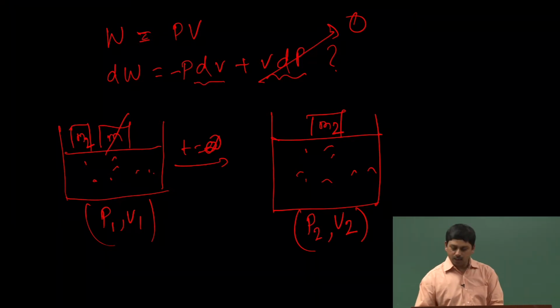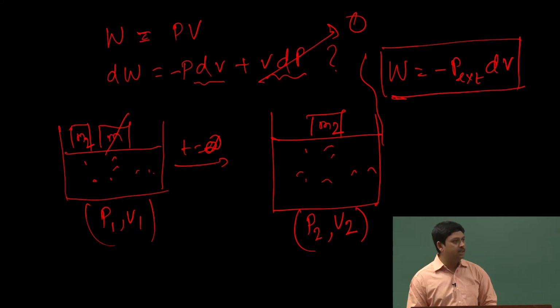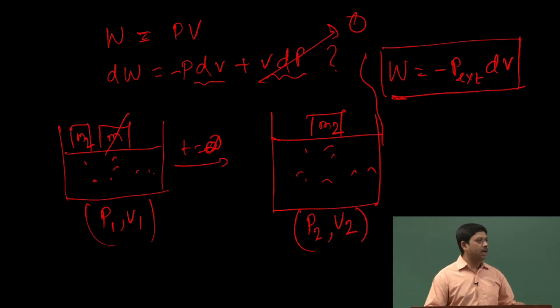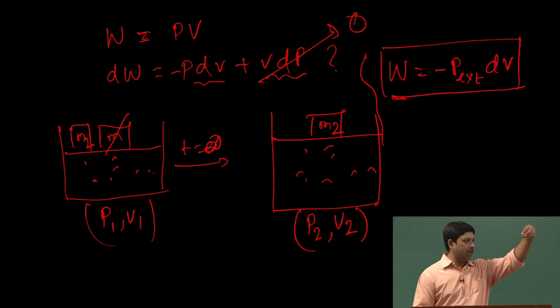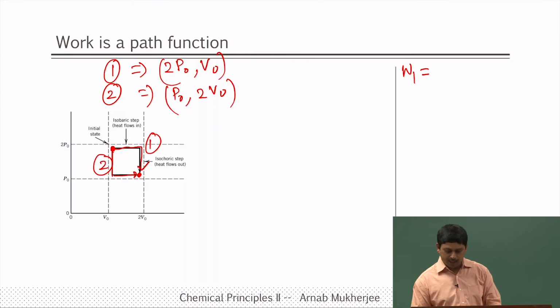Now, since we know that work done is minus P dV, but external, that is also another important point, because the system is now adjusting with the external pressure. So, either you can think of the system or the external pressure doing the work, whatever you can think of. Ultimately, this is the formula that we are going to use always, P external dV.